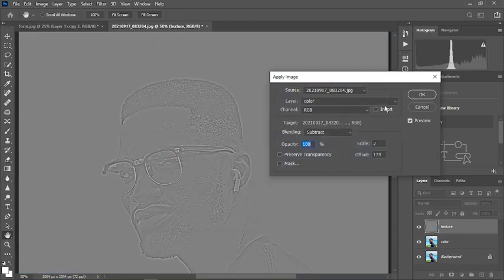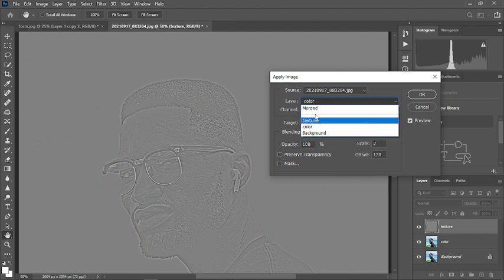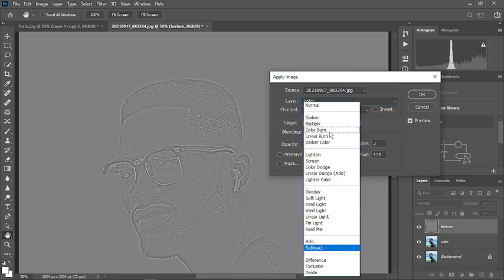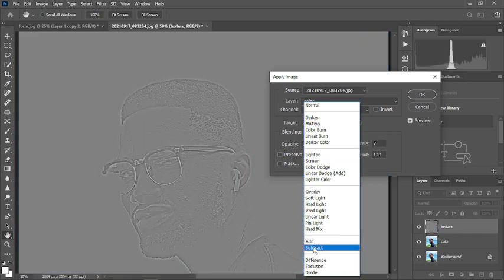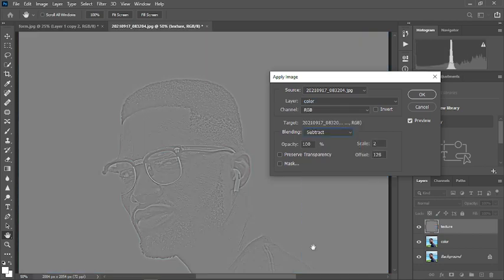Here we are going to do a little thing. We are combining the color with the texture. So I'm going to select the color image here, and then choose the blend mode of Subtract. This is the blending mode, and the opacity we leave at 100, and the scale we are going to maintain at 2. The highest is 2. You can make it 1,